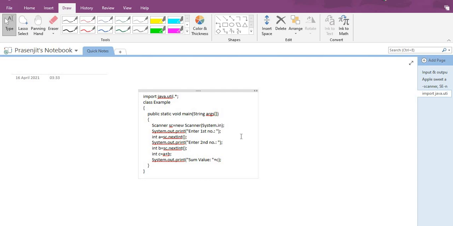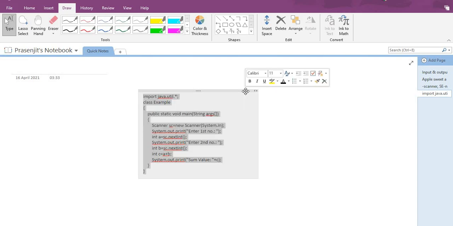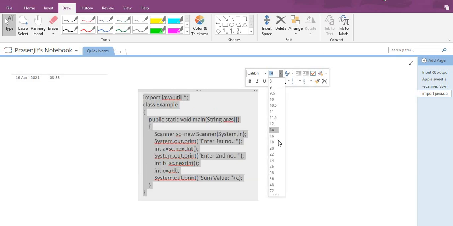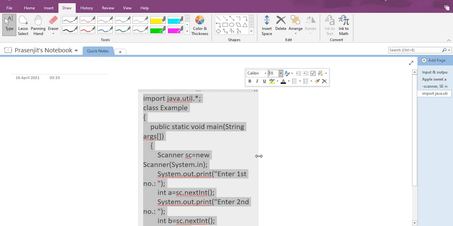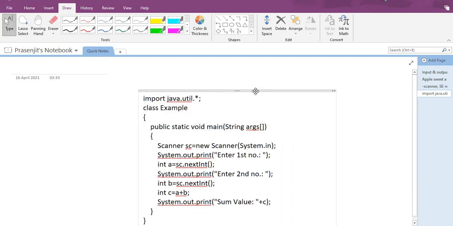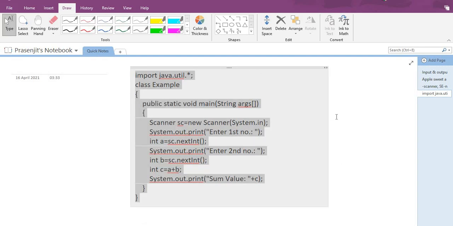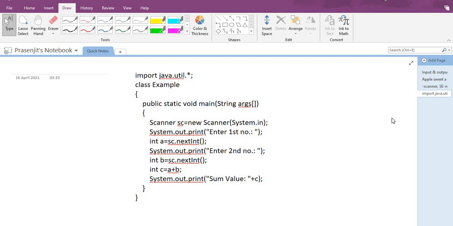Okay, so it is too small looking, so I'm increasing the size. Need more. Okay, so here you can see the line. So I'm explaining each and every line for you. So I'm changing the color for you, the red one. So you can see here, first we write the package, this one.